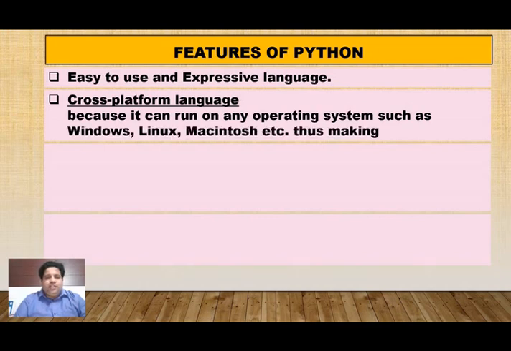Because it can run on any operating system such as Windows, Linux, Macintosh. Macintosh means the operating system we generally find in Apple devices, Apple computers, laptops, desktops, thus making it portable. It can be run on a variety of operating systems. That's why it is called a cross-platform language.